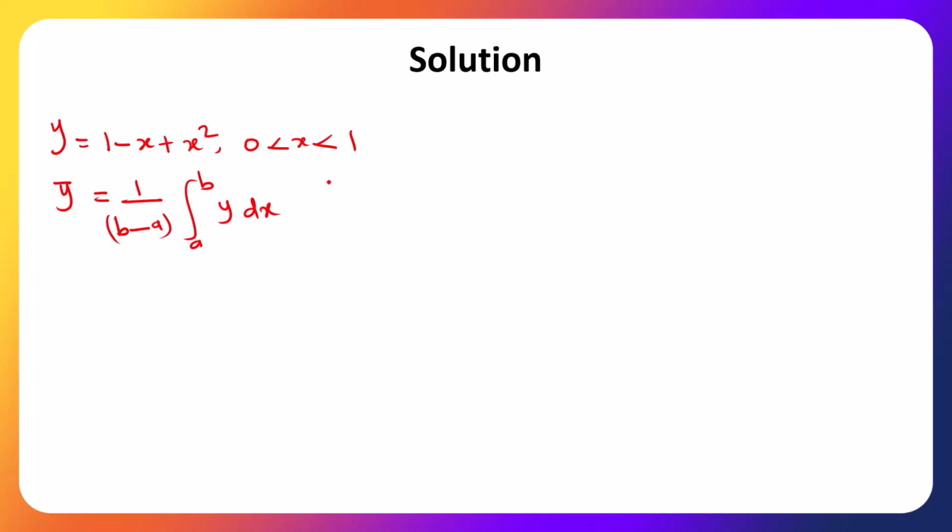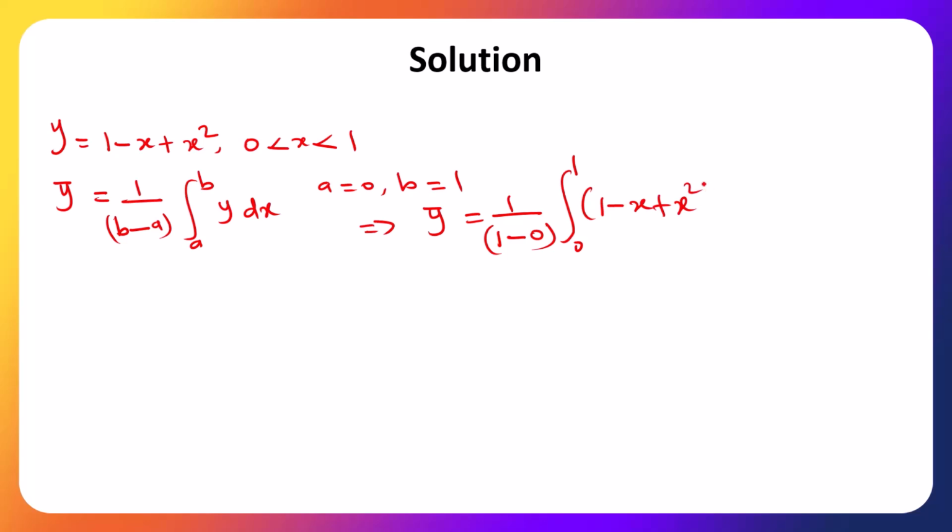In this case, a is equal to 0 and b is equal to 1. So this implies that y bar is equal to 1 over 1 minus 0, the integral 0 to 1 of 1 minus x plus x squared dx,